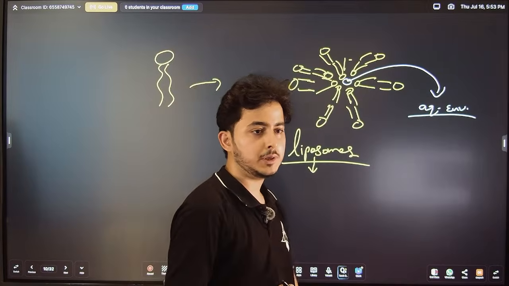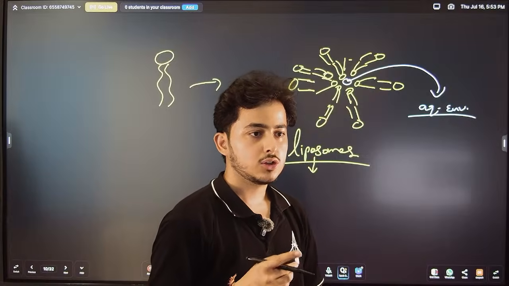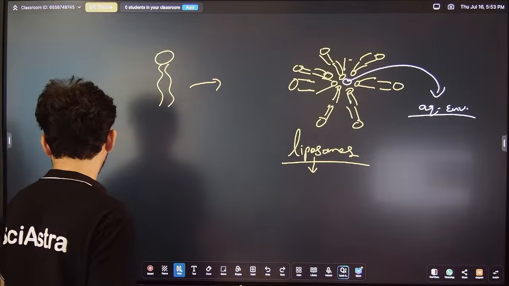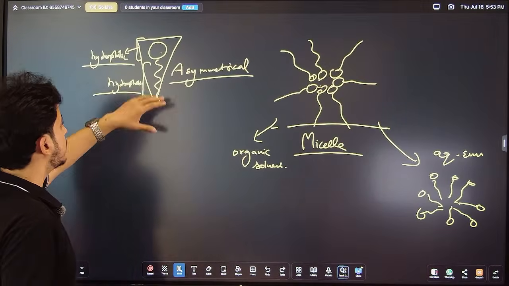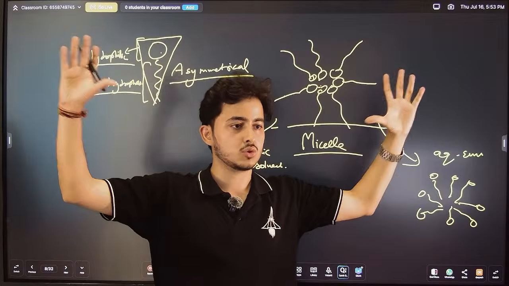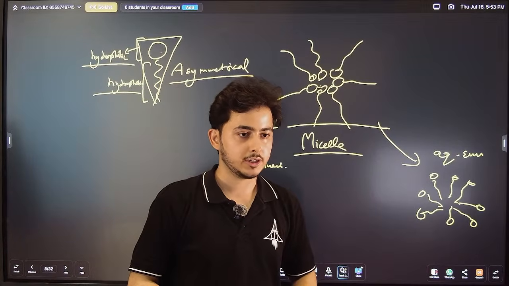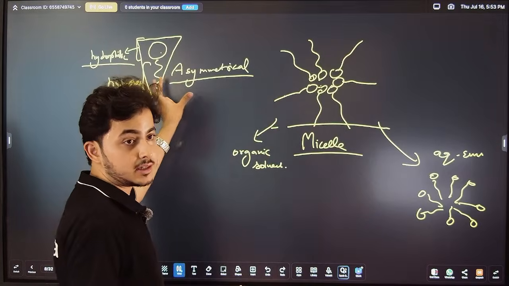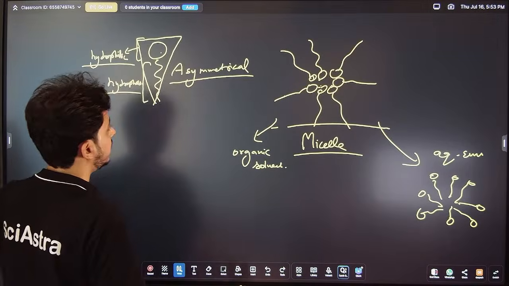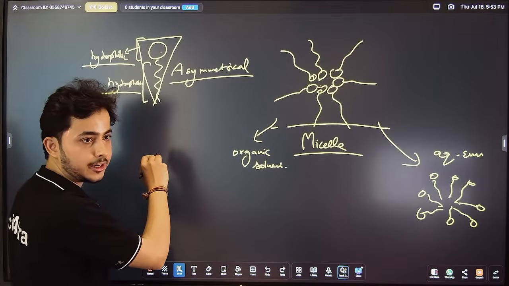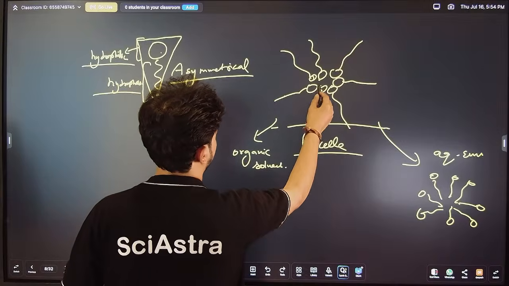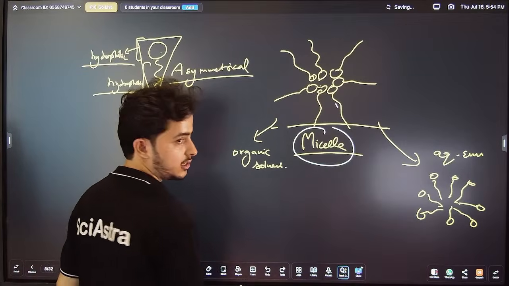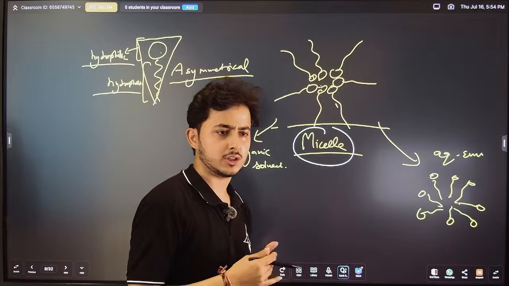How do the symmetrical lipids form the bilayer? You want to understand that. See, if you understand the first part, this is asymmetrical: the head is so large, the body is so thin. In this case the structure is asymmetrical, and you have a single tail. So if you have a single tail, the head is here and the tail is like this. This structure we call the micelle, which forms for your detergents and all.